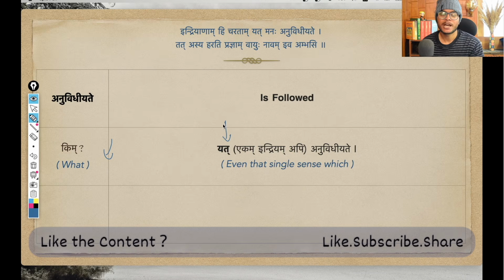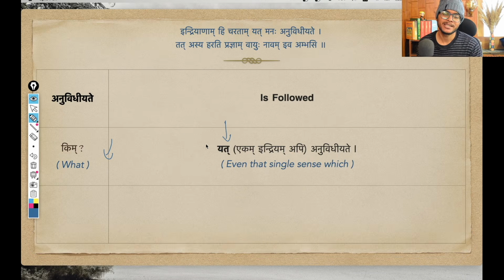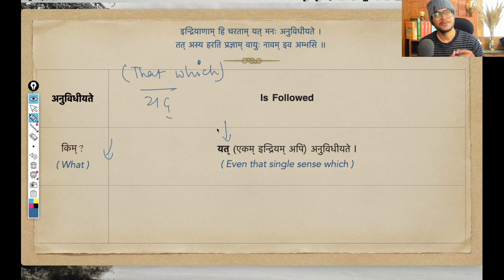And as a response, we have the sarvanama yat anuvidhiyate. See, yat is coming from, as you already know, yad sarvanama. Yad means that which. When we are talking about a certain thing, it is "that which," and if we are talking about a certain person, it is "one who." That is the use of yad sarvanama. And this yat is the prathama vibhakti ekavachanam form in napumsaka linga, in neuter gender. So with just yat anuvidhiyate, the meaning is "that which is followed."